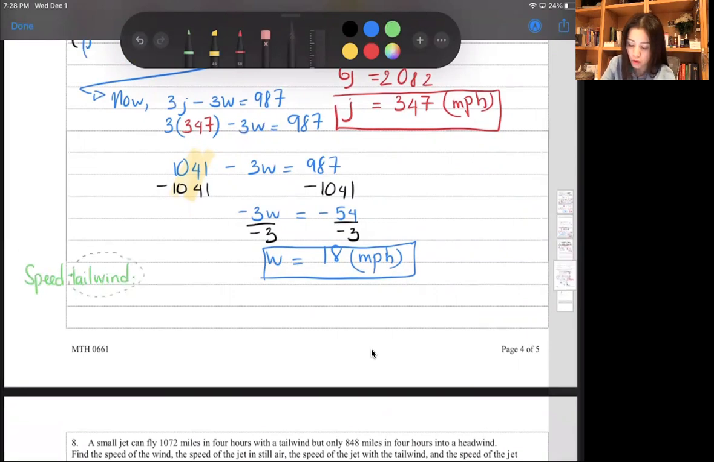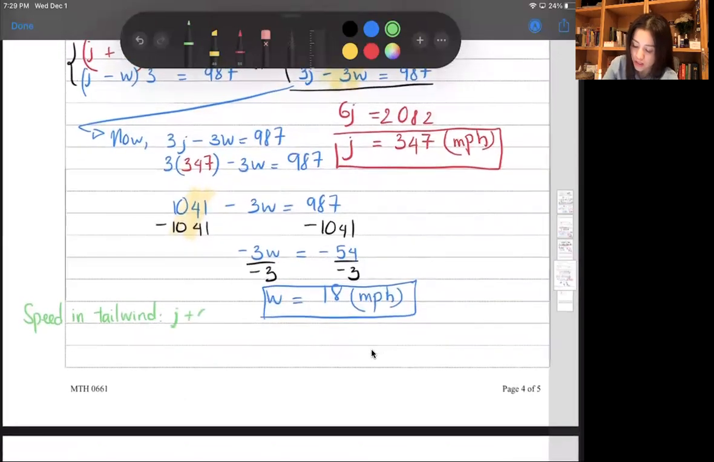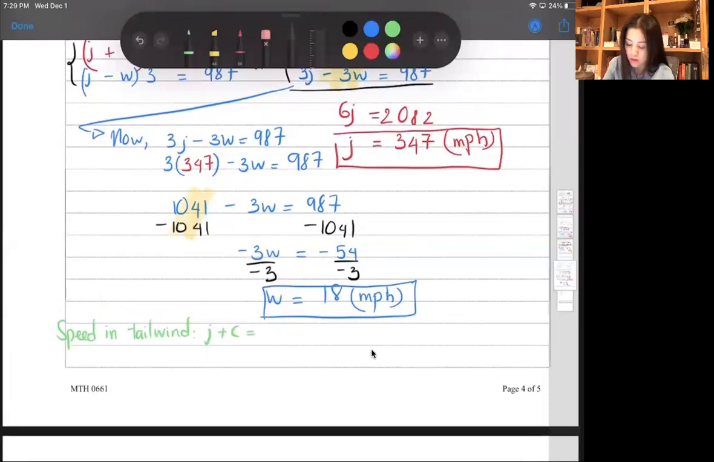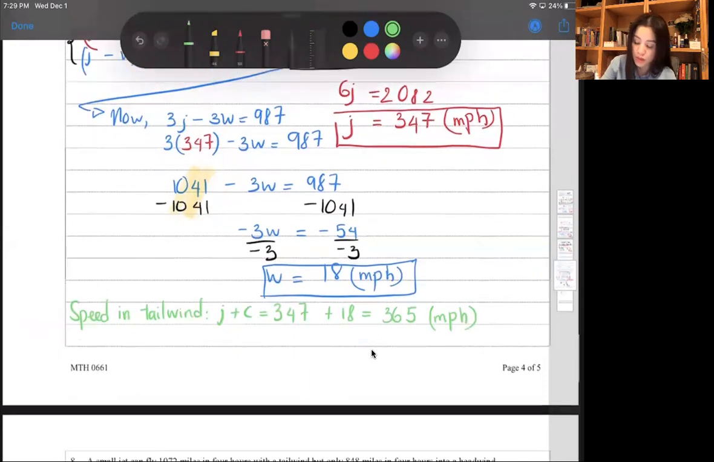Let me write it properly. Speed of the jet in tailwind. I don't have enough space, so I'm just going to say speed in tailwind. So tailwind is the jet plus current, right? J plus C, which is J is 347 plus C is 18. So that will be 365 miles per hour. So that's the speed in tailwind,